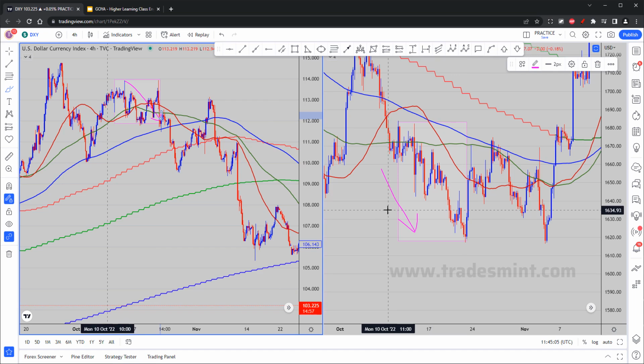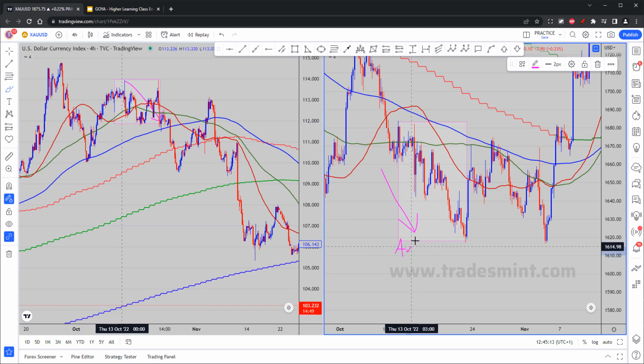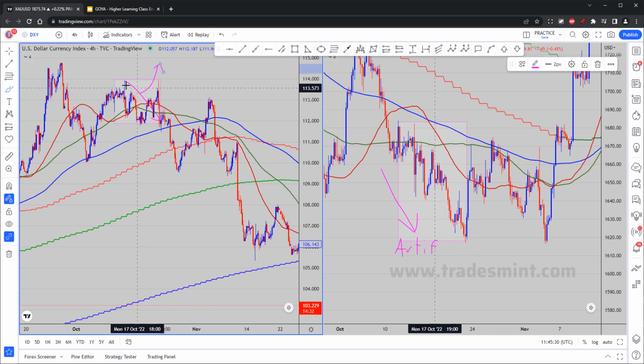Technically it's a consolidation, but we still see there's a tendency in the price action to push down. So we have a problem. We have gold going down, and we have DXY in a consolidation going down as well. So this means this movement is artificial. It's unnatural. Something is going on. If gold really had the intention of pushing down and continuing the movement, like I said, DXY would go up, would push up. The fact that it did not push up means that the US dollar is being limited in its upside. So that means that gold is not bearish, on the contrary, it's going to be bullish.